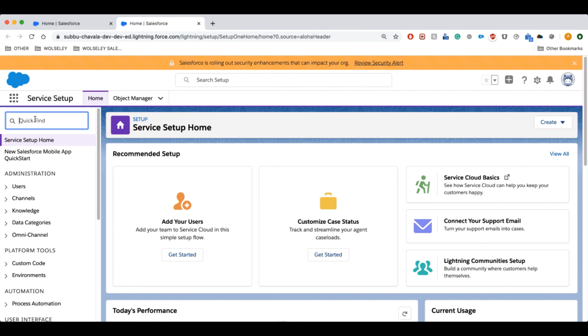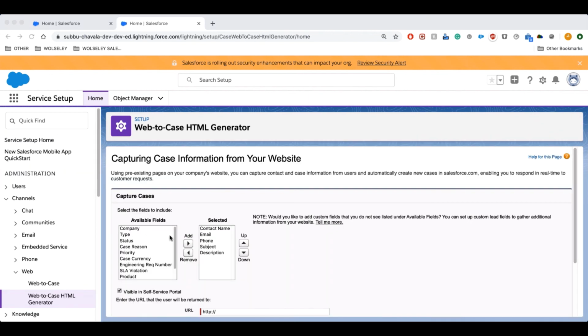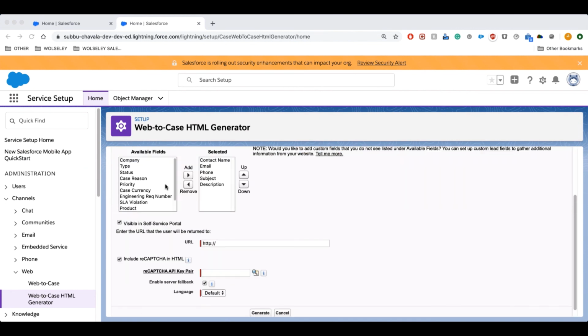In the quick find search box, type Web2 case HTML generator. Click on Web2 case HTML generator. You can select the required fields in the form. This is just the same as Web2 lead. So you can enter whatever fields you want. Then type the URL the user sees after submitting the form.